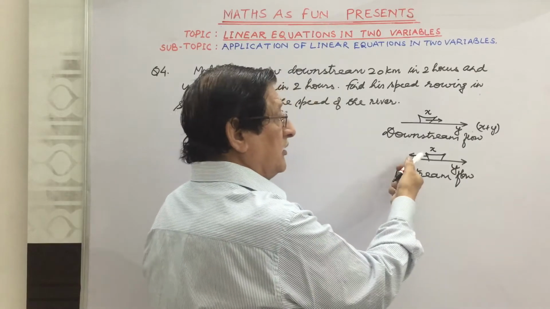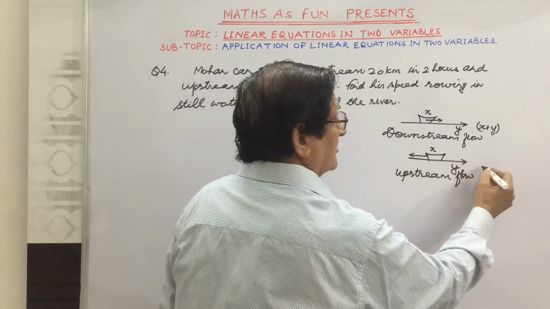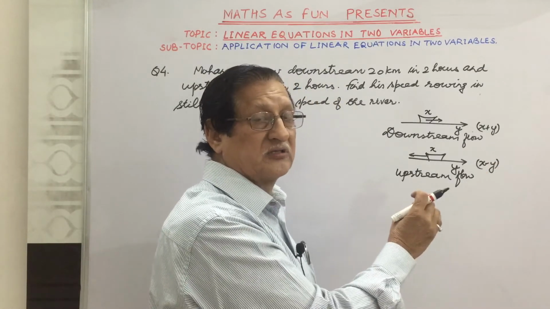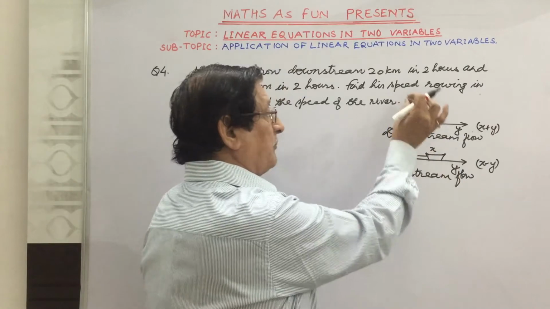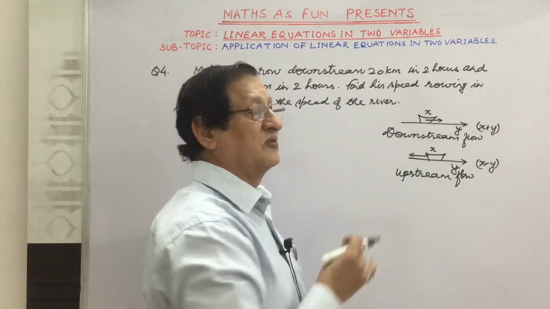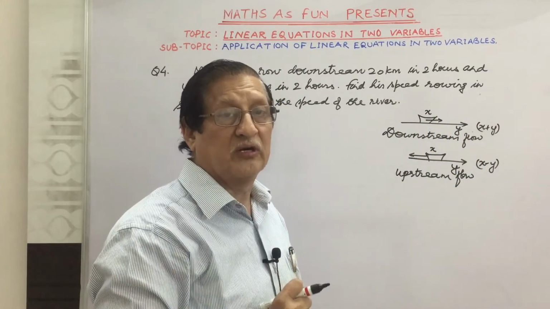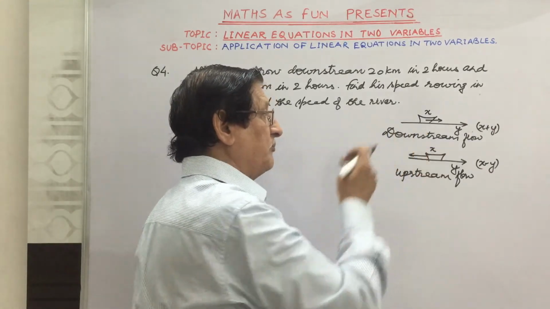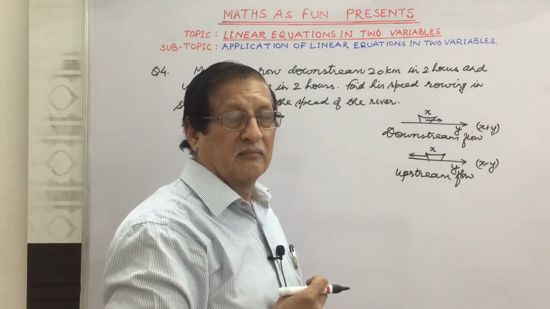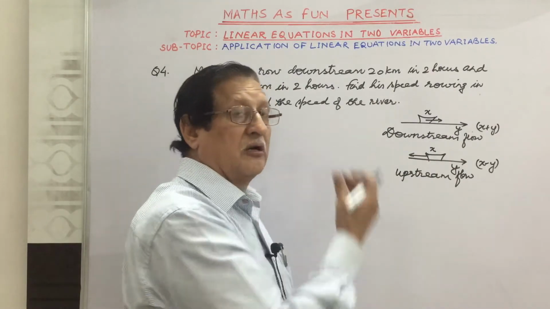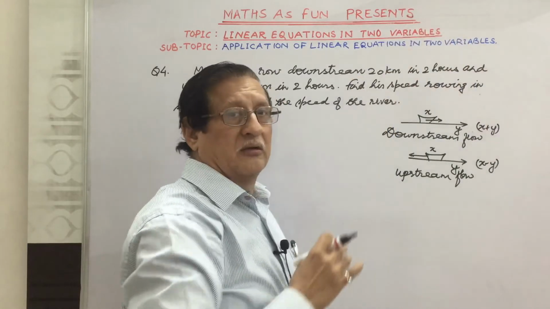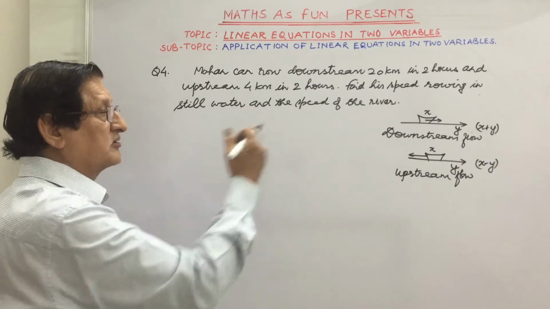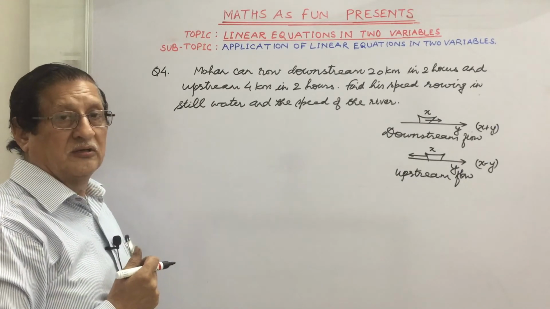And then you can see the relative speed will be x minus y. It means we have to be very careful in understanding that the speed of the boat has to be more than the speed of the river, or speed of the flow of the water, or speed of the current. Because in case the speed of the boat is less and it is going upstream, it can't go because it will be taken away by the water in its direction.